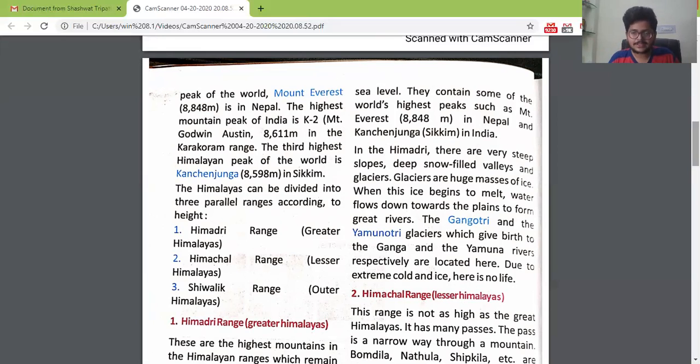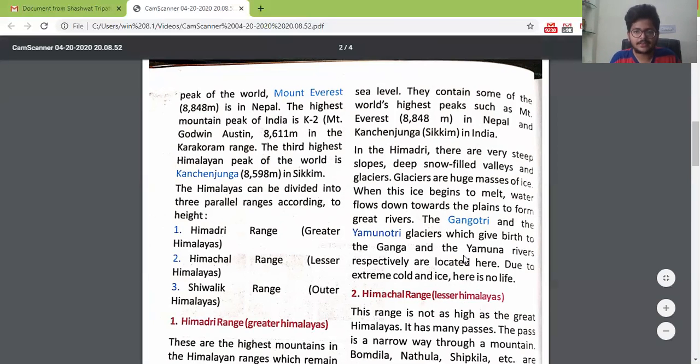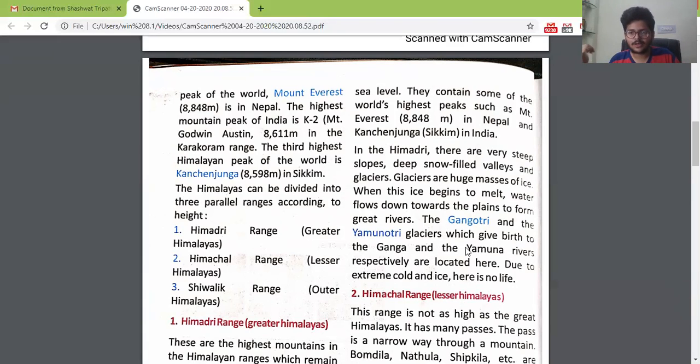And next, if you see, the Gangotri and the Yamunotri glaciers, which give birth to Ganga and Yamuna rivers respectively, are located here. So rivers like Ganga and Yamuna, or the Gangotri or Yamunotri glaciers, they are also the melted form of glaciers which comes from the Greater Himalayas, and they give birth to the rivers of Ganga and Yamuna.